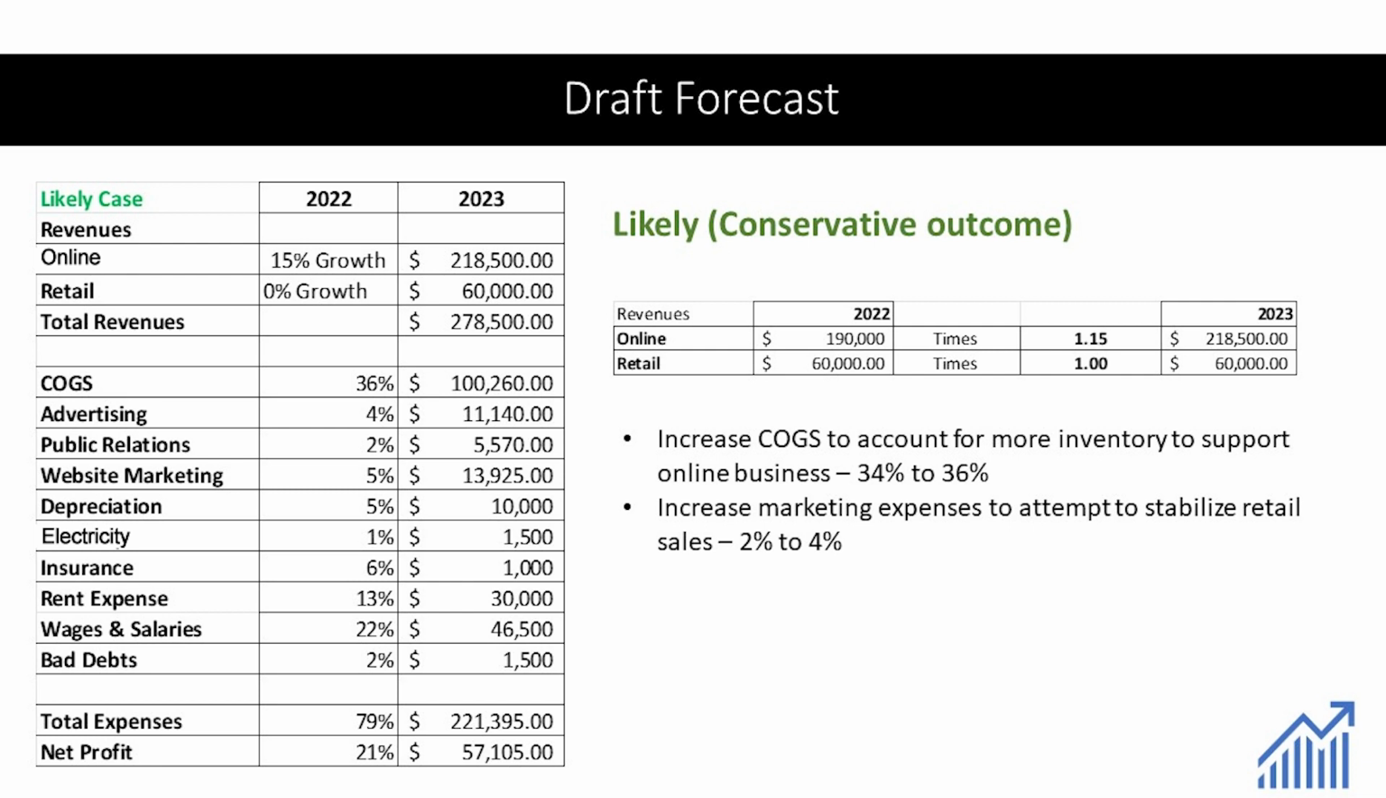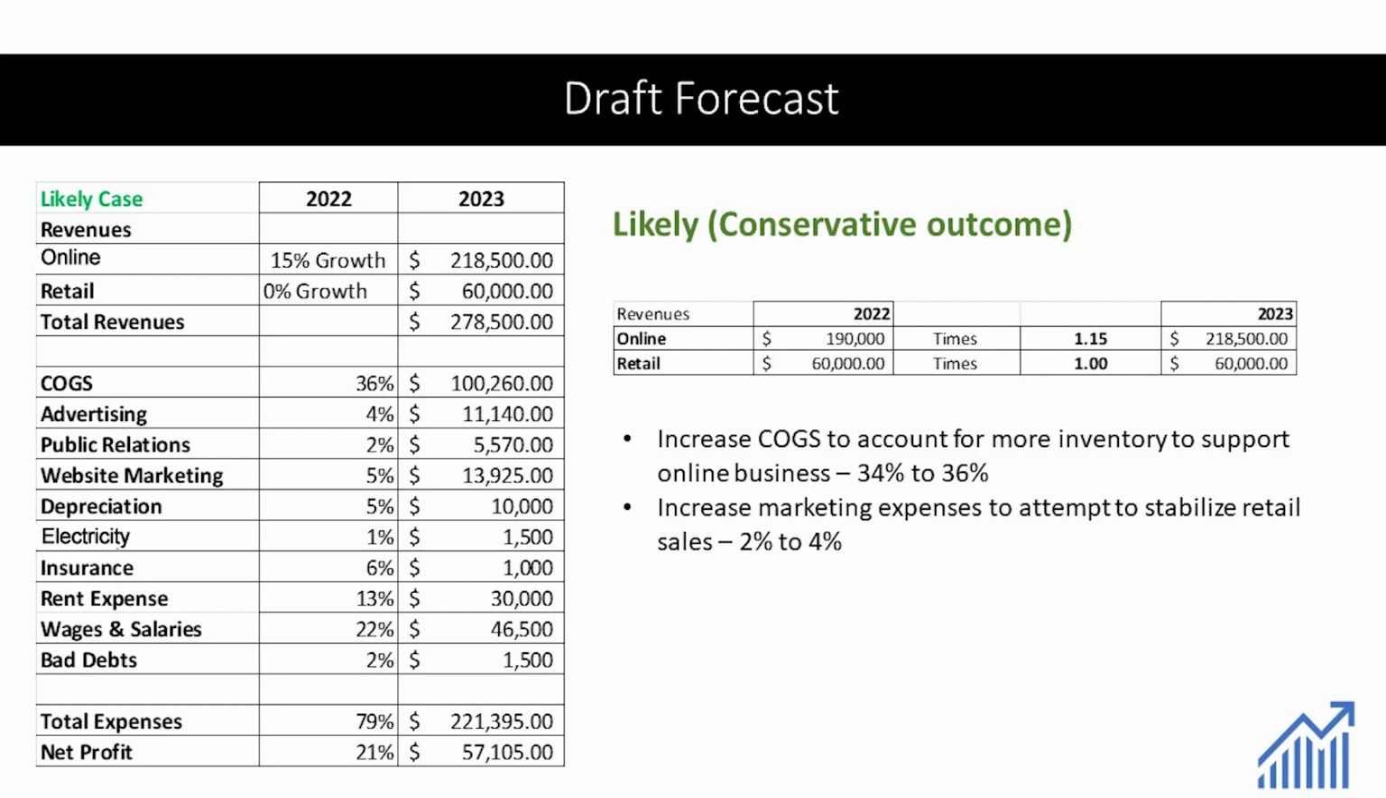So we're going to multiply our 2022 revenue by 1.15, which represents a 15% increase, and that brings us up to $218,500. We believe the retail business is still suffering. We have not been very successful there. We believe we can at least maintain sales year over year. So therefore, we're going to use a number of 60,000. Our estimate, our forecast for 2023 in terms of revenue is going to be